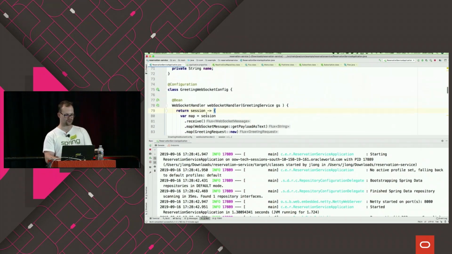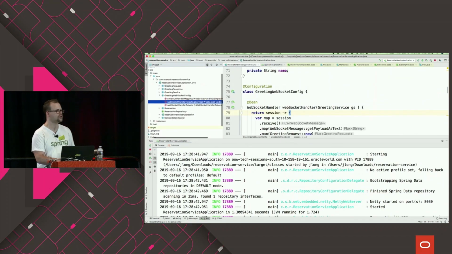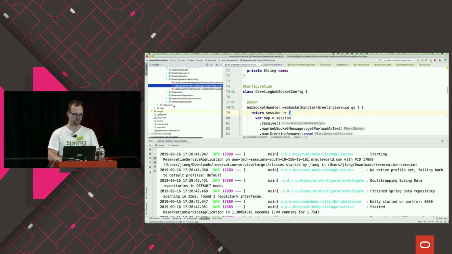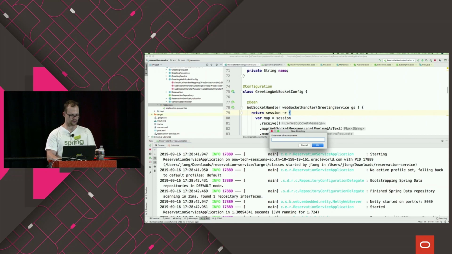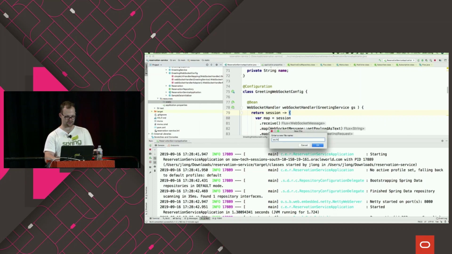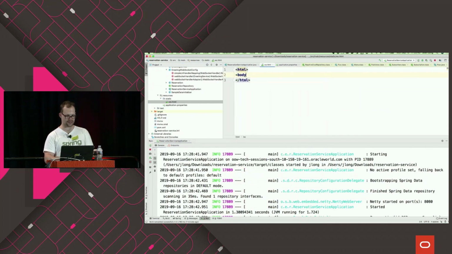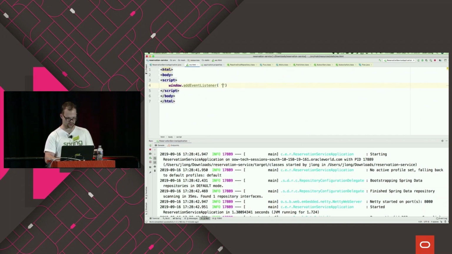In order to demonstrate all this, of course, I need to do something that I'm not proud of, something that I wouldn't do in polite company if I felt there was a more expedient way, but I'm afraid this is the best I can do. I'm going to write JavaScript. So, directory, src/main/resources/static, and create a new file here called ws.html, in which I will create an HTML file, a body element, a script element, and I'm going to say window.addEventListener, and we're going to say load function var ws equals new WebSocket